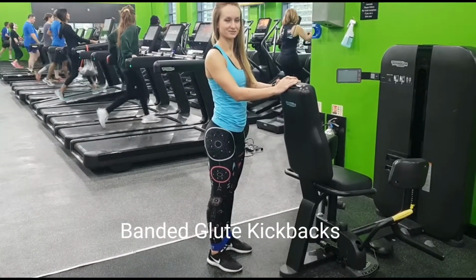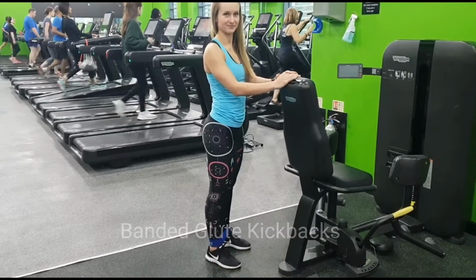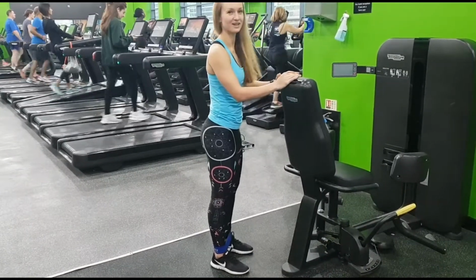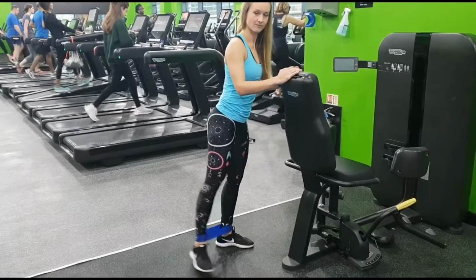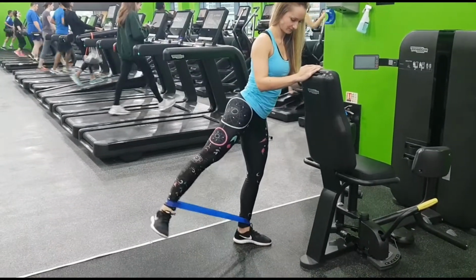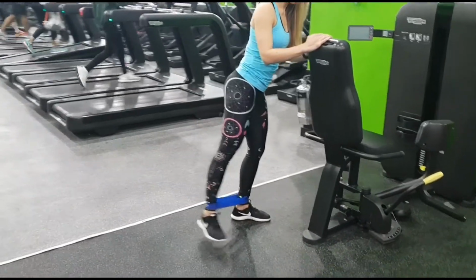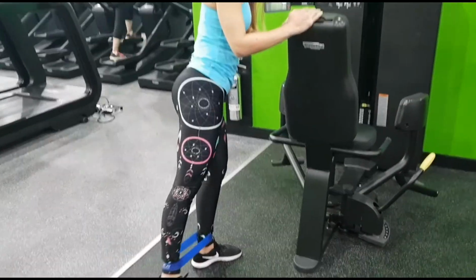The first exercise is a banded glute kickback. Position your hands on a bench, keep your body nice and straight, and you're going to position the medium-sized band on your ankles. And then what you're going to do is shift all your weight into your left leg and place your right toes on the ground about an inch diagonally behind your left heel, so there's tension on the